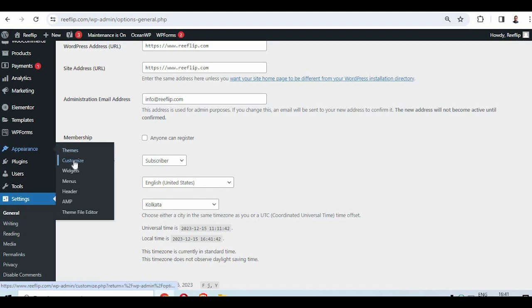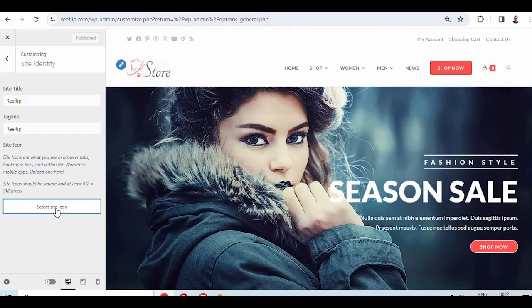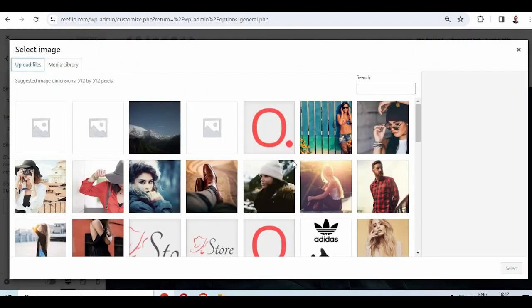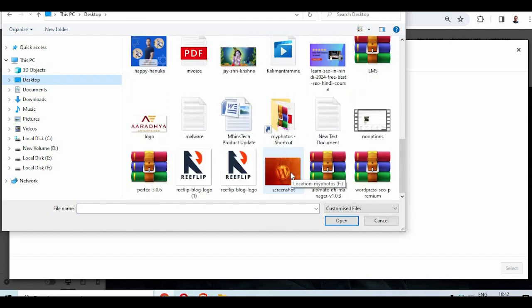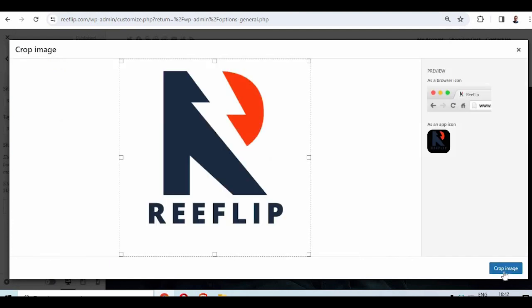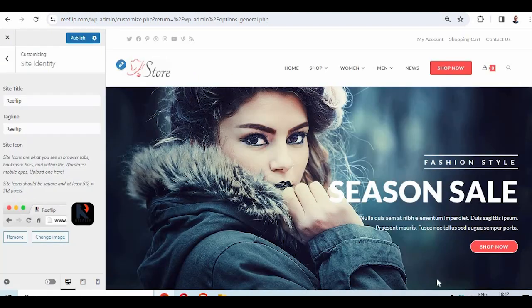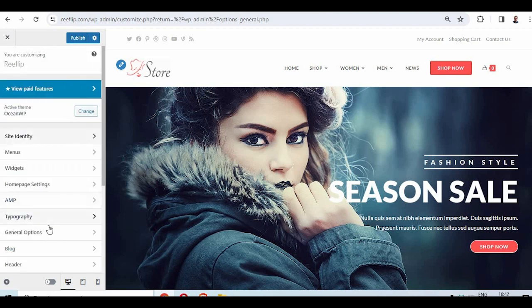So now we'll go to the customize option. We'll select site identity, favicon. We'll select the favicon from here. Crop